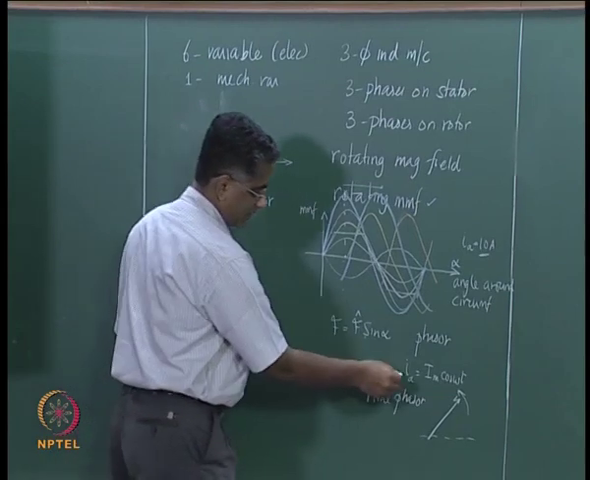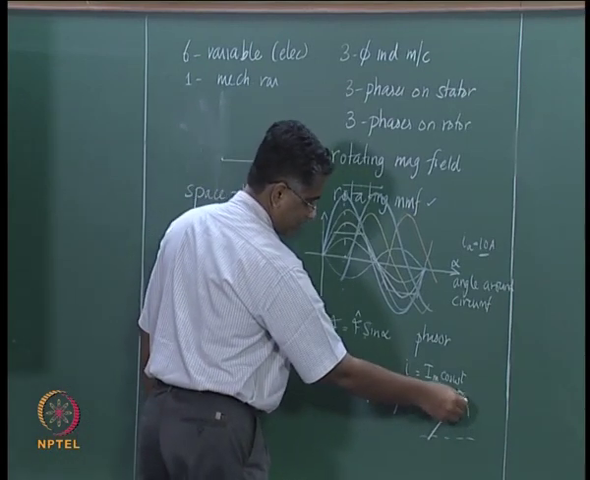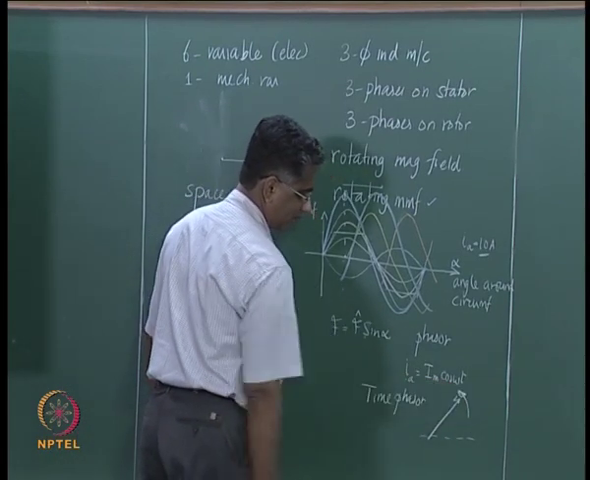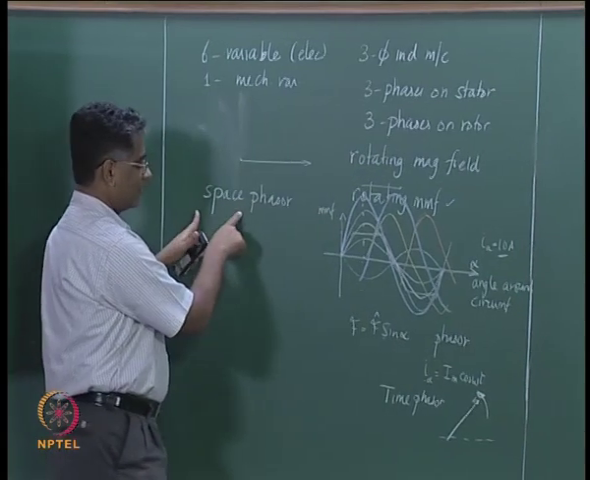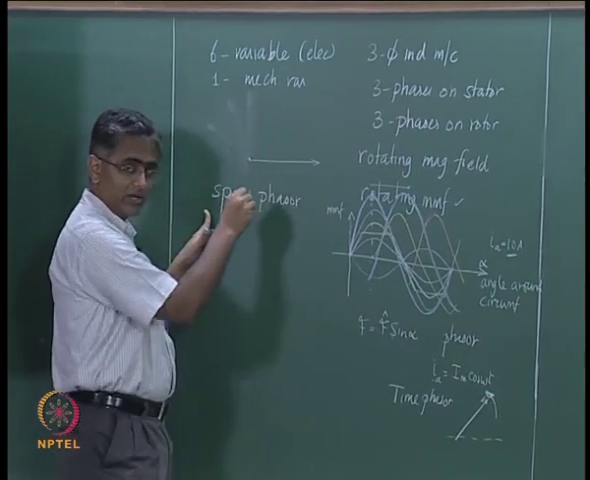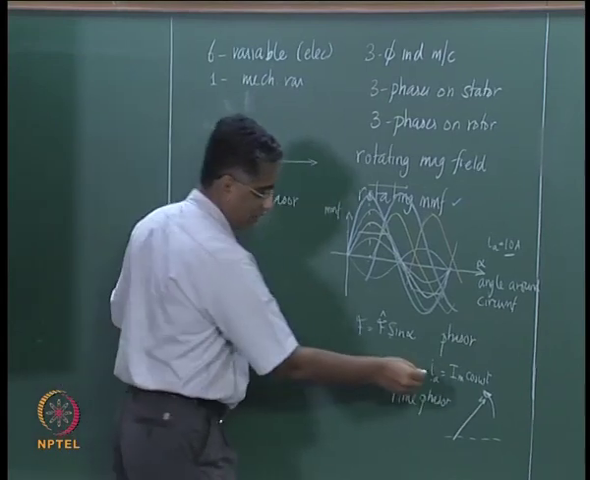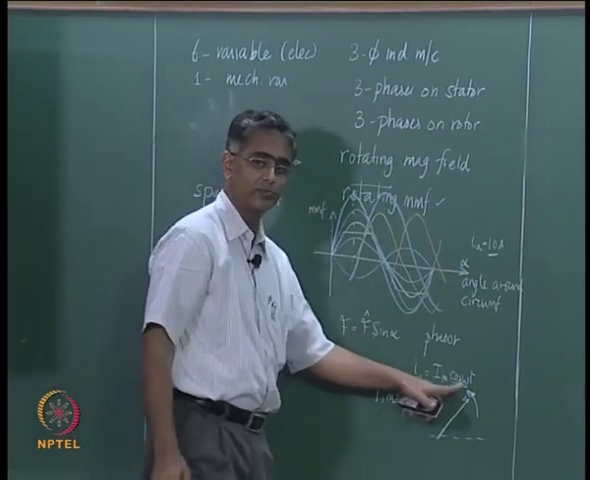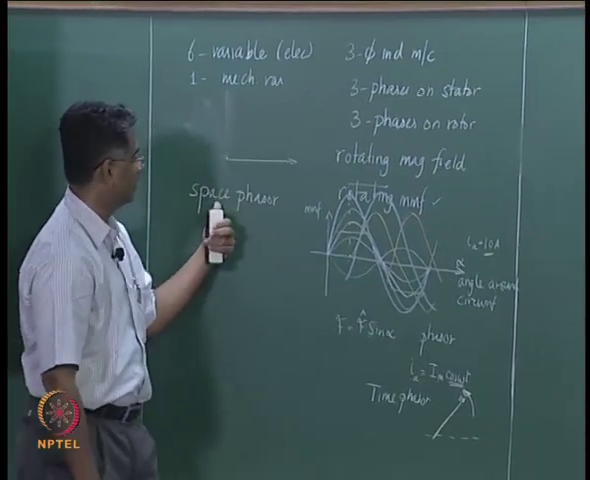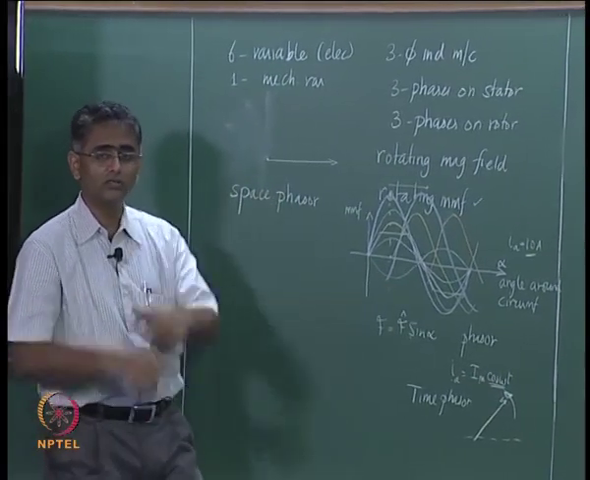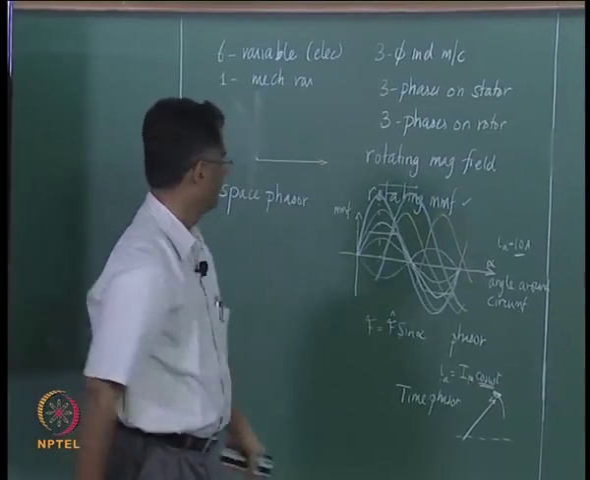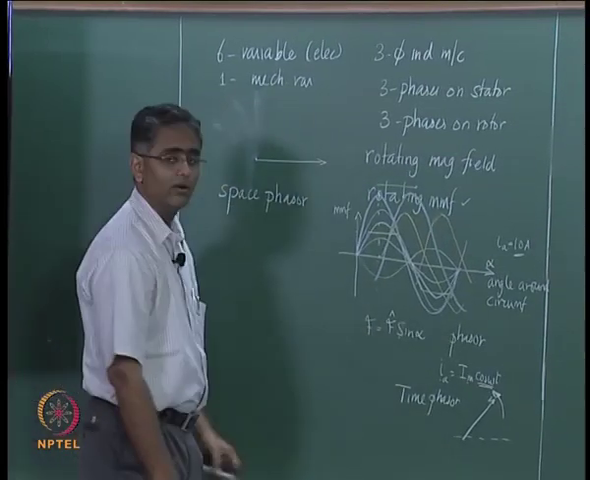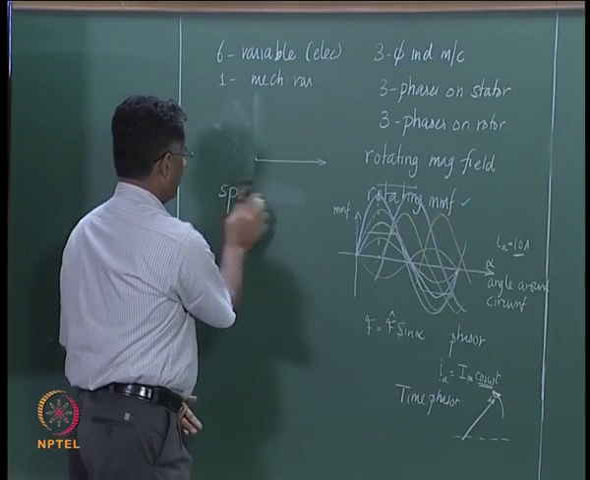Note that these phasors are rotating with respect to time, these phasors are also rotating with respect to time. Here the variation of the phasor is sinusoidal with respect to time, here the variation of the phasor is sinusoidal with respect to space, and that is why this is called a space phasor. Therefore,